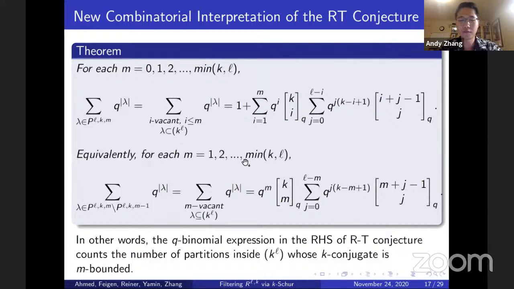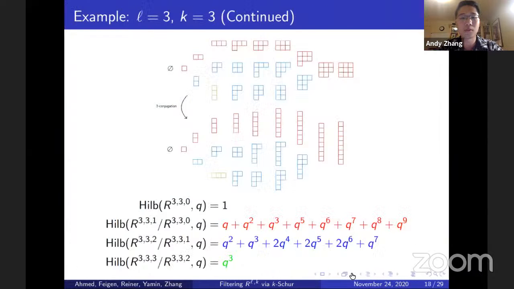Equivalently, for the second form of the Reiner-Tudose conjecture, this expression is just counting the partitions inside this complement. I think this interpretation is better than the previous one because it relates to some algebraic object, which we'll discuss briefly now. Oh, and before we do that,